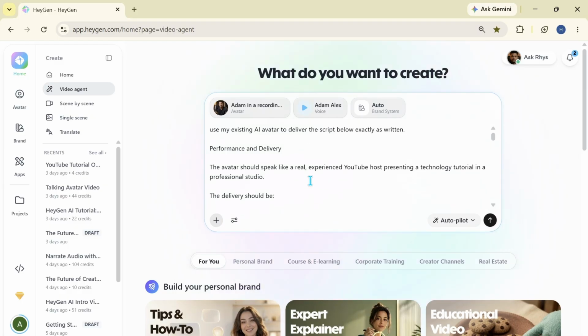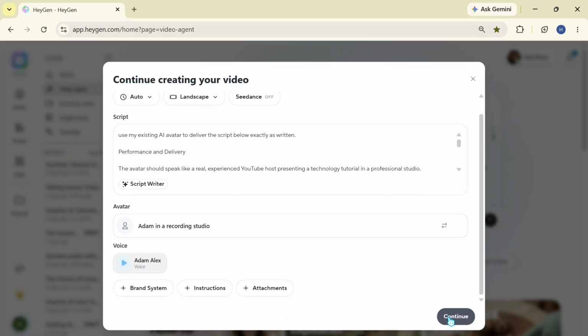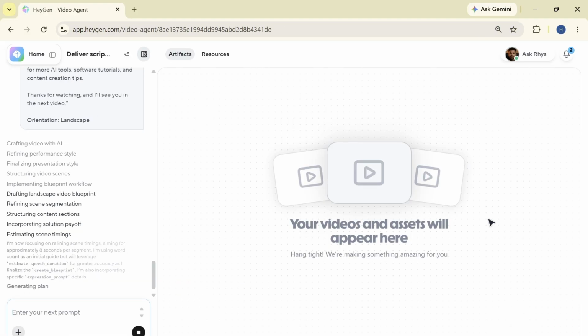Now the last step before video creation is to recheck options for creation of video. Click on Options button. In basic settings, keep the time auto, whereas in aspect ratio, select the ratio as per your requirement. I am selecting landscape. Once done, click Continue, and finally before clicking Generate button, ensure that AI mode is autopilot. Once everything is done, click on Generate button, and in 5 to 10 minutes, HeyGen will create a realistic talking